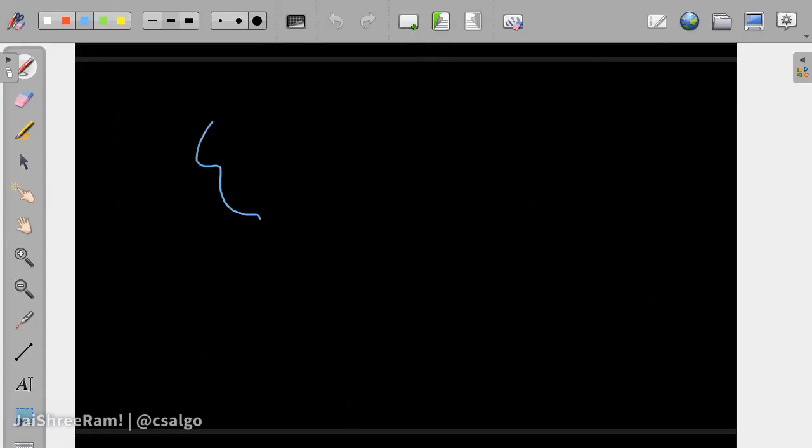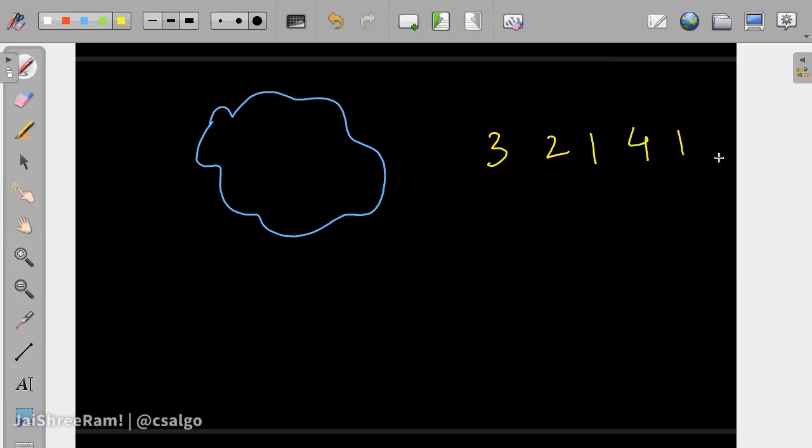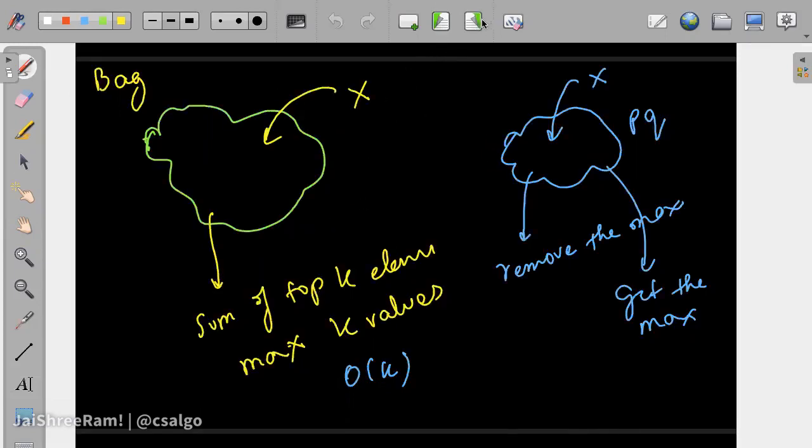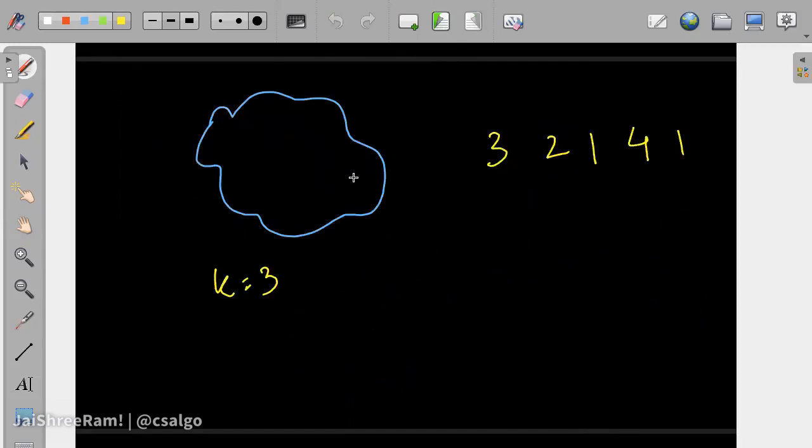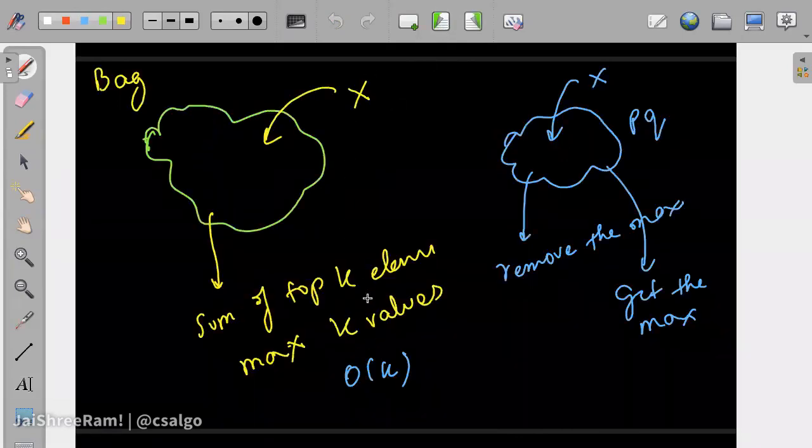So what we can do is maintain the priority queue. Let's take some scenario. You take 3, 2, 1, 4, 1, and so on, right? This is the stream of numbers that is coming in, and you will maintain a priority queue which has size at max 3. Let's suppose k is equal to 3 in this particular problem. So k is fixed. The k will be fixed through all the queries. Sorry, I forgot to mention this one. The k is fixed for all the queries.